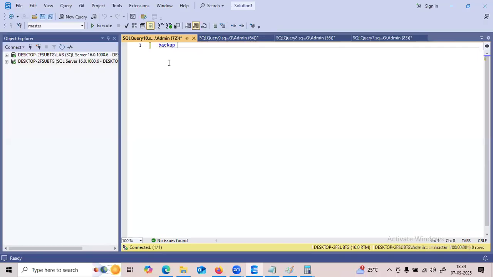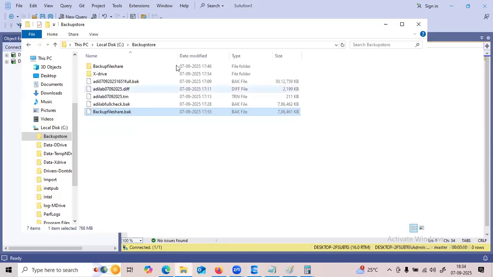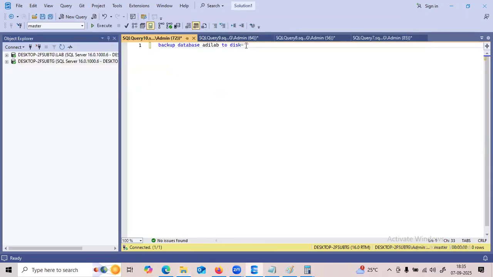Backup database Adi Lab to disk equal to Adi full 07 09 2025 dot BAK.